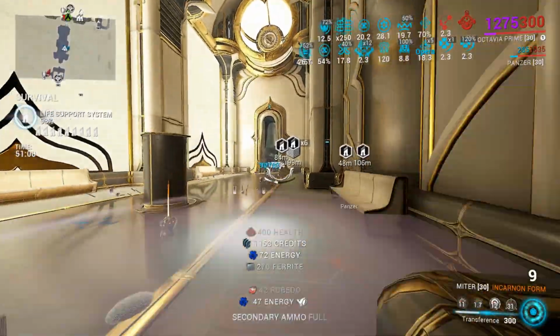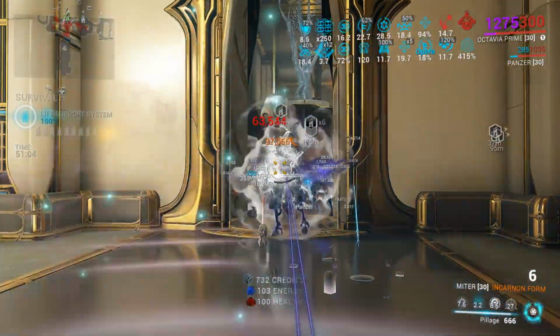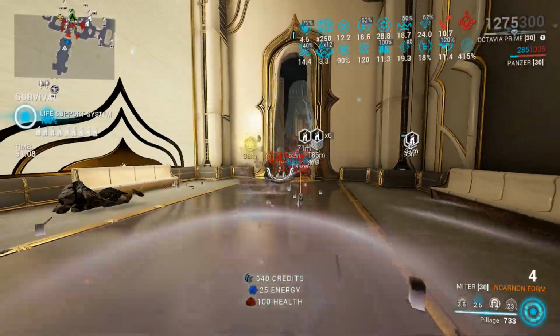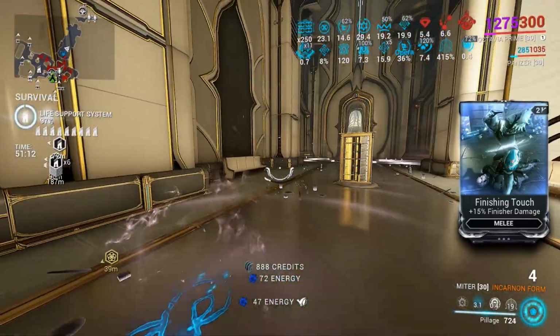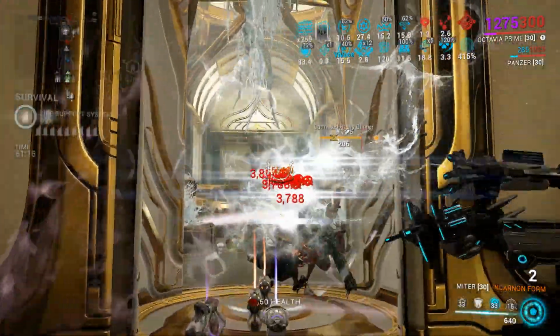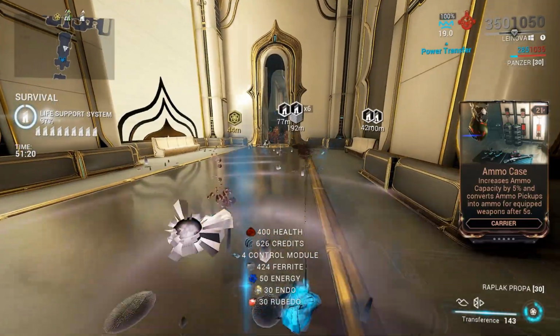I'll keep this short and sweet. Octavia's KPM is absolutely amazing. Even if you AFK and you just press her 1, your 4, and your 3, and then you don't bother shooting your guns at all, you just stay invisible and hide in a corner and let your mallet kill everything, you can still easily expect to get over 100 KPM, which is already pretty decent, especially for how minimal effort